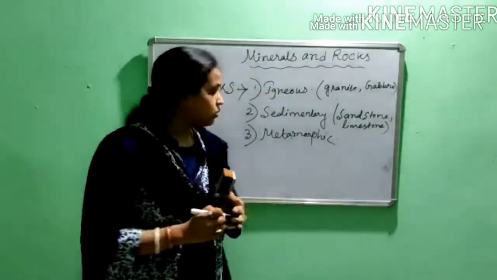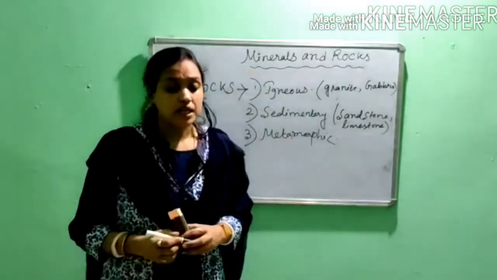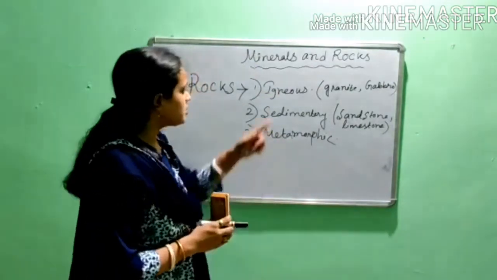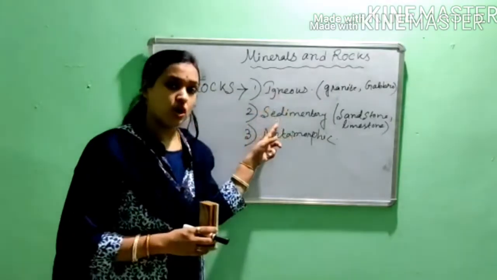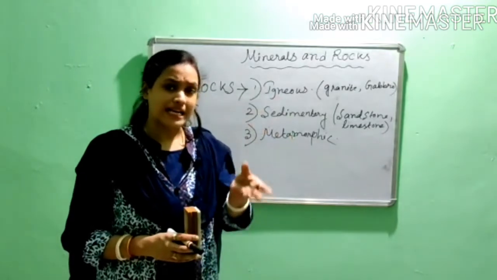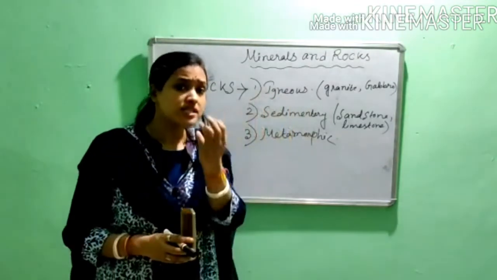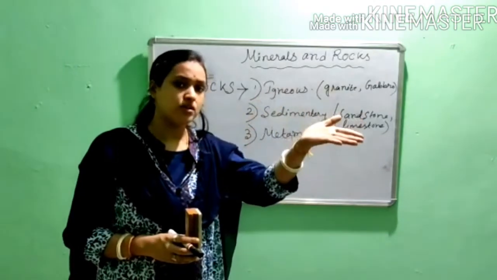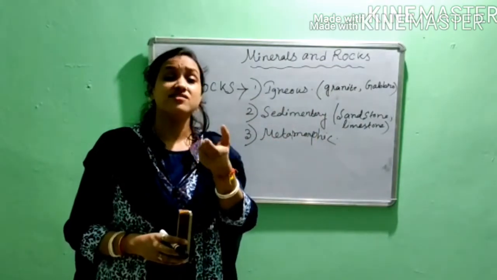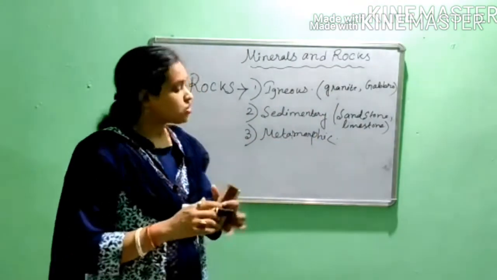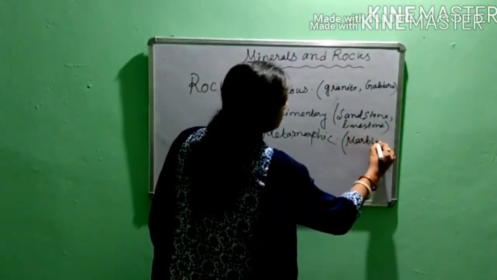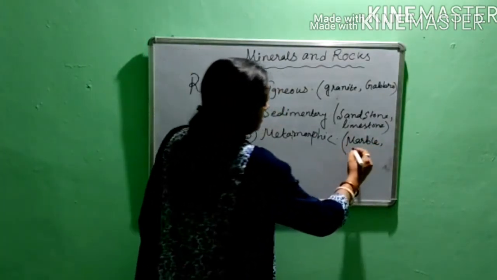Now, next we talk about metamorphic rock. Now, what is metamorphic rock? Metamorphic means change of form. It may be igneous rock, it may be sedimentary rock. When this type of rock, through the process of pressure, volume and temperature, changes its original form and transforms into another rock, it is known as metamorphic rock. So metamorphic rock is simply known as change of form. Examples of metamorphic rock are marble, slate,